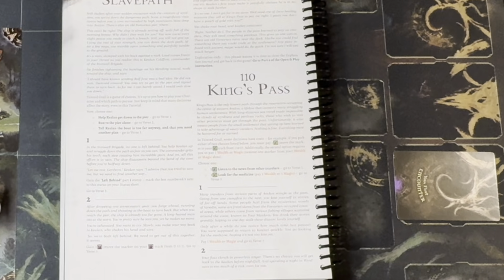Okay. Still shaken after your sudden encounter with the creature of weirdness. Oh yeah, the rat. You sprint down the dangerous path. Soon a magnificent vista opens before you. A cove surrounded by high mountains bites deep into Avalon. There's also an old Fomorian pier where... This can't be right. The ship is already setting off, sails full of the morning breeze. Why didn't they wait for you? You now curse every slight pause you made to catch a breath or fight a rat. Still, you will not give up. Using the rest of your strength...